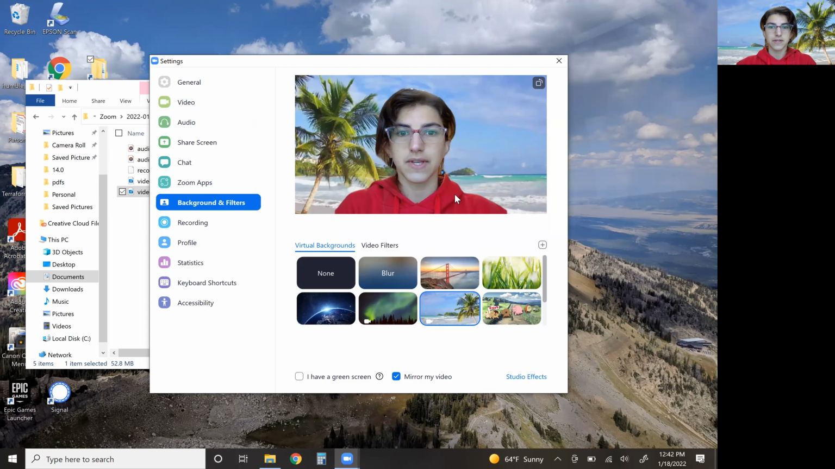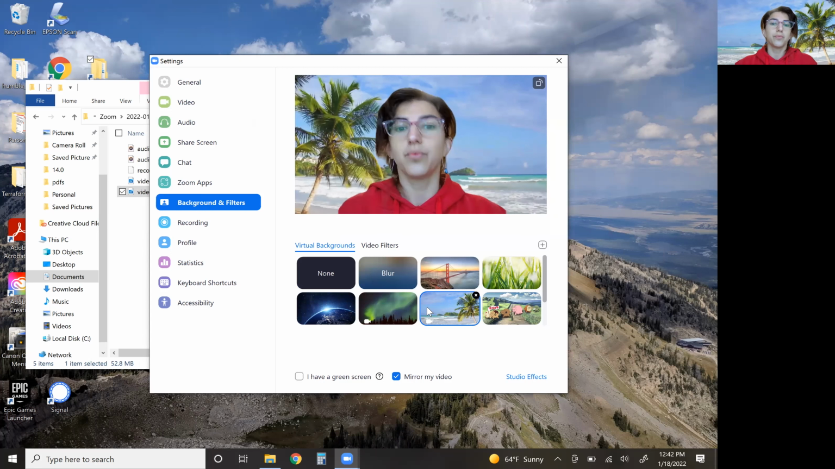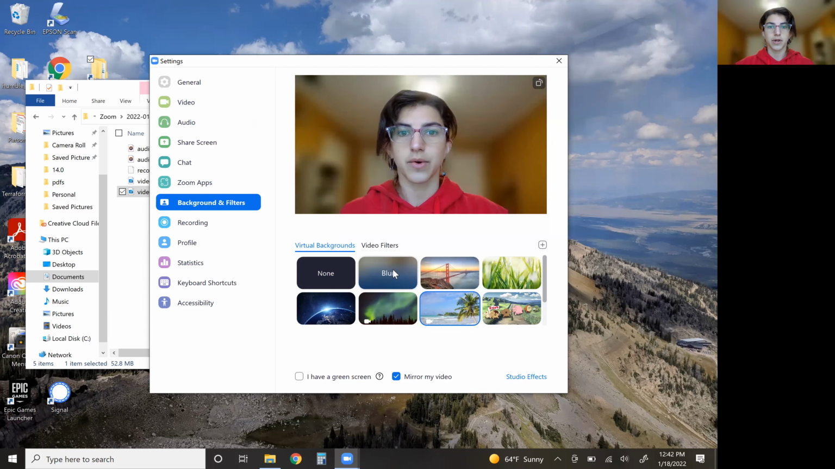Now, obviously this isn't ideal for most situations. You want to have something at least kind of neutral, something that isn't going to detract from you speaking. So I would recommend going with the blur. It isn't the best just because, especially like in my case where I have my hair up, it makes this weird little thing right here. The best option always